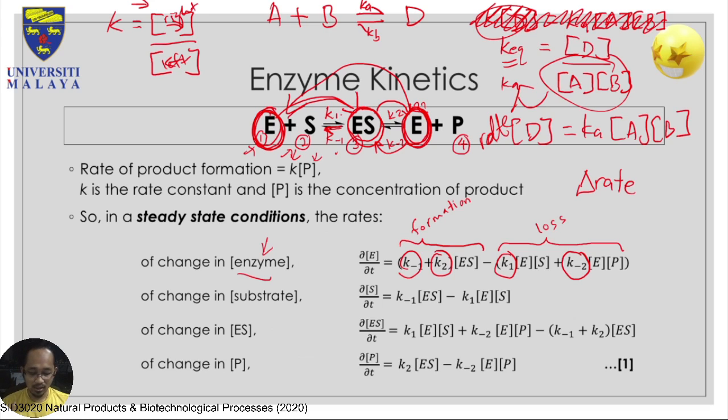And finally, as I mentioned, the fourth one, you can have rate of change of products. So these are four equations that you need to understand so that you can understand enzyme kinetics using the Michaelis-Menten model better. And I have here number one, because the Michaelis-Menten equation, the final ones at least, are combinations of a few steps. So the critical step that you need to focus on is the rate of change of products,